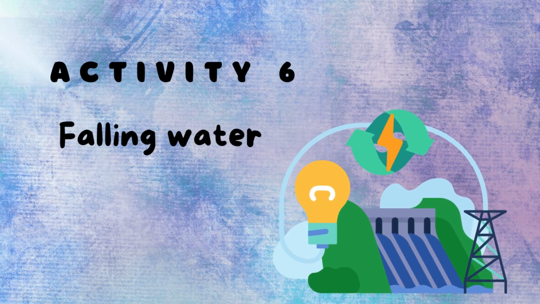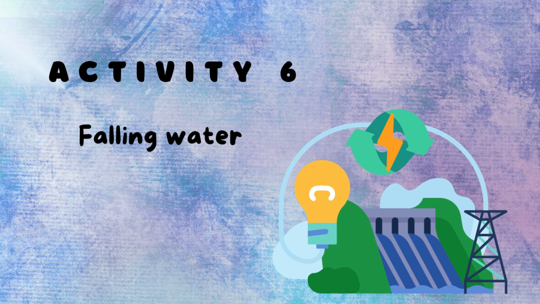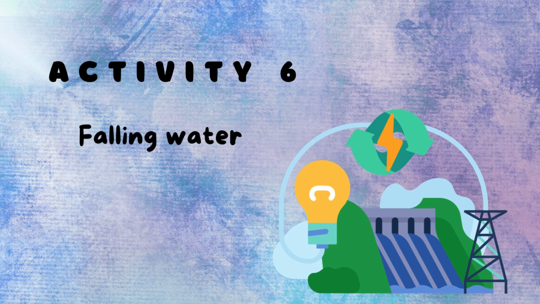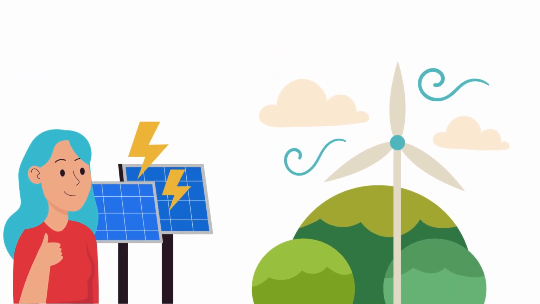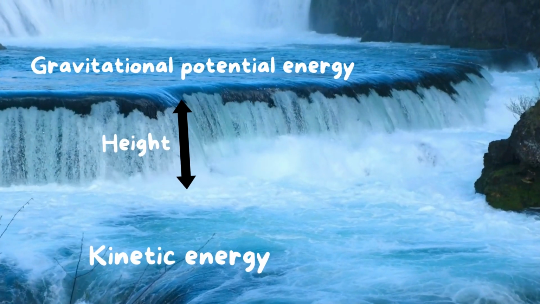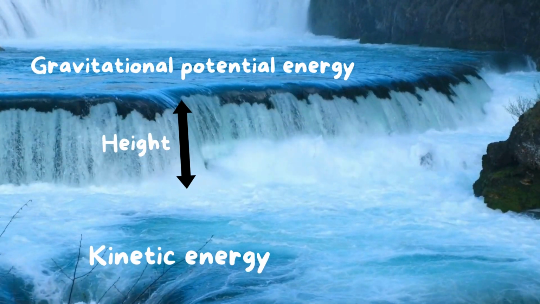As we have activity 6, falling water. In the last 2 lessons, we talked about the solar panel and how it converts solar energy into electricity, and we talked about the wind turbines and how they generate electricity from the wind movement, from kinetic energy. Okay, now it's time to know how electricity is generated from water, as water is a